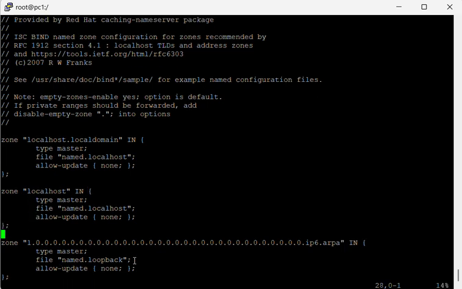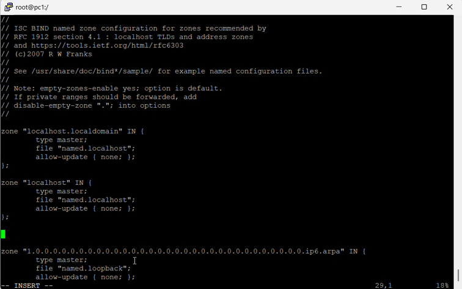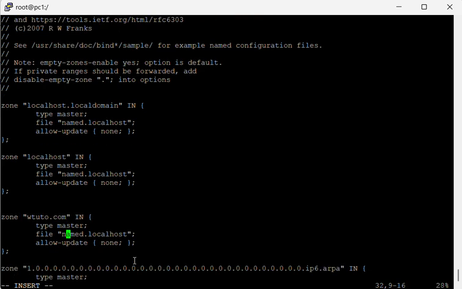So in here, you see local host zone is given. I can just copy those lines and configure my domain name. I'm going to configure domain name as wtutor.com. Forward zone is for name to IP address resolution. So mention here your domain name,